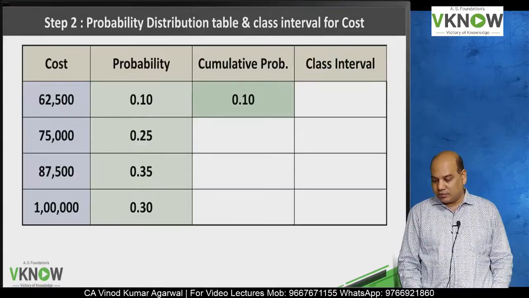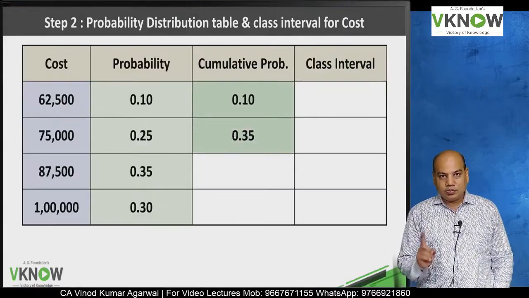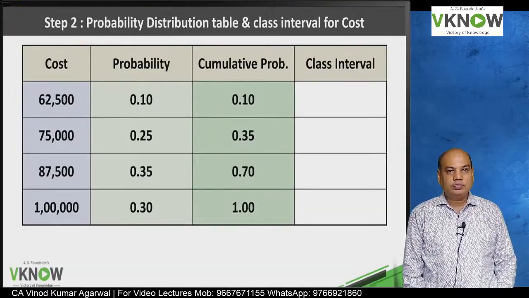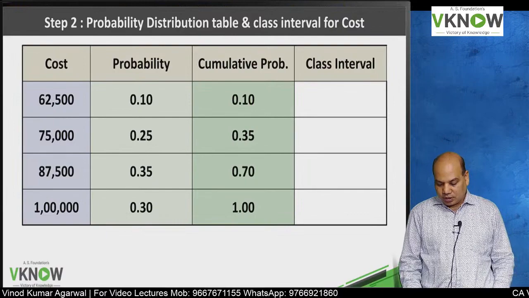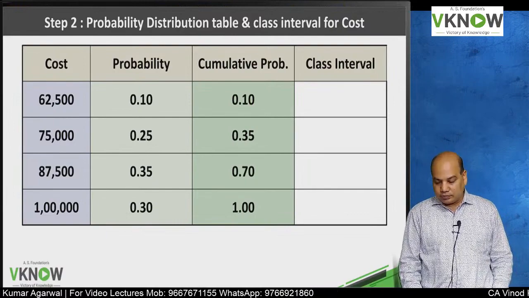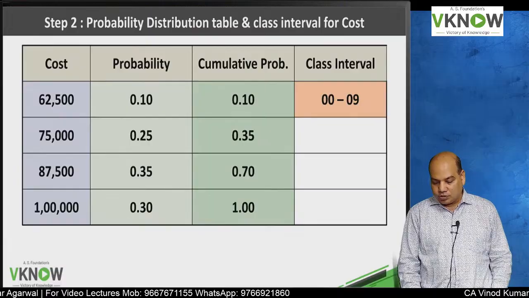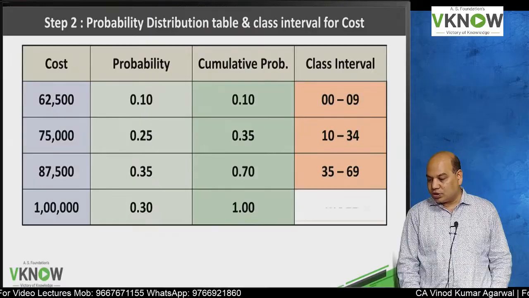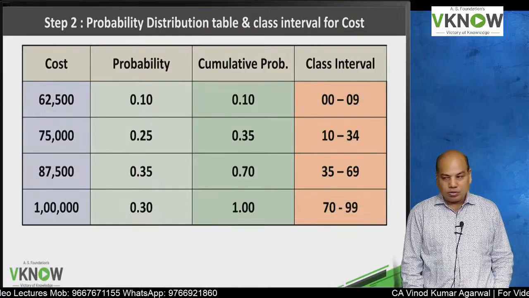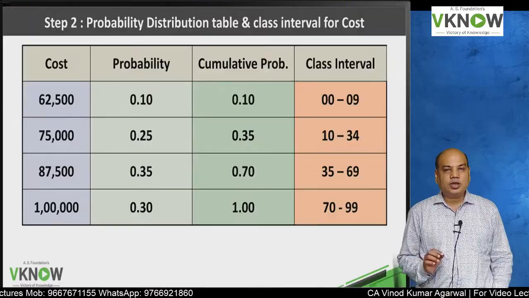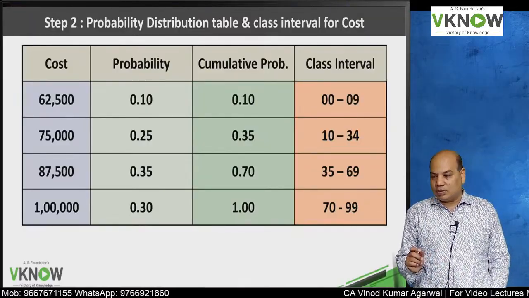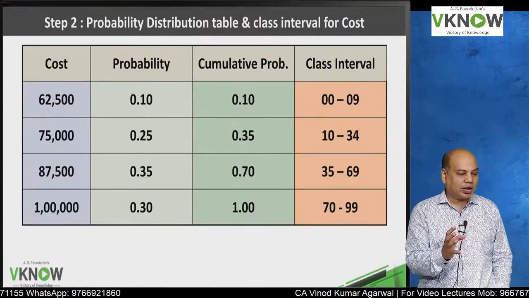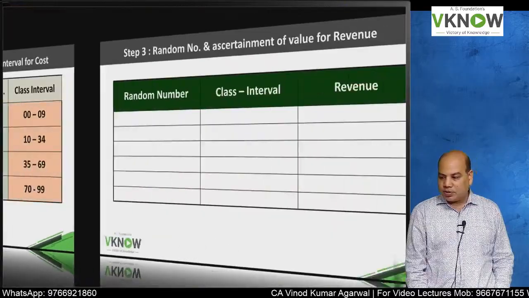Cumulative probability is 0.10, 0.35, 0.70 and 1. This is cumulative probability. Then class interval, check. Those who have done will check. 00 to 09, 10 to 34, 35 to 69 and 70 to 99. After completing this random number class interval, now we are going to pick the random number and assign values to that random number. So please go to step number 3,